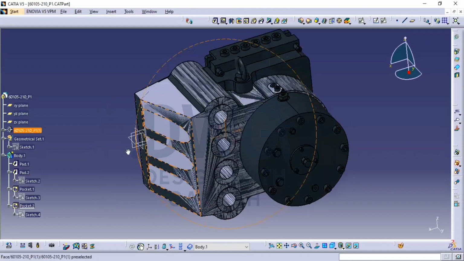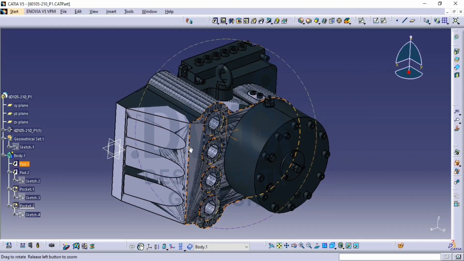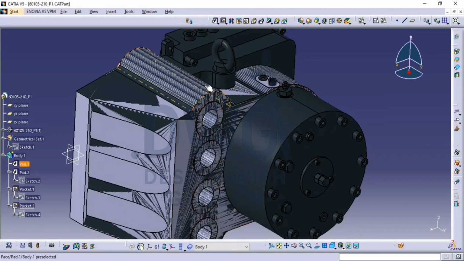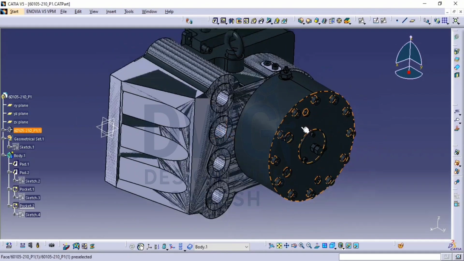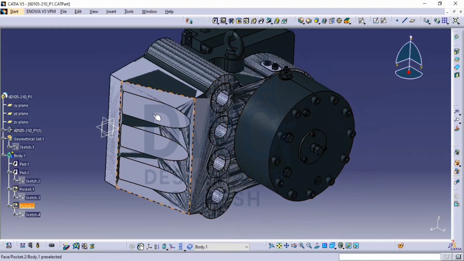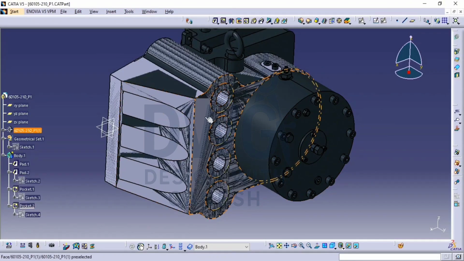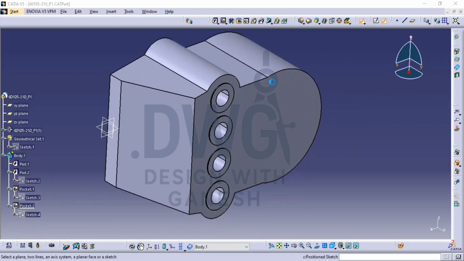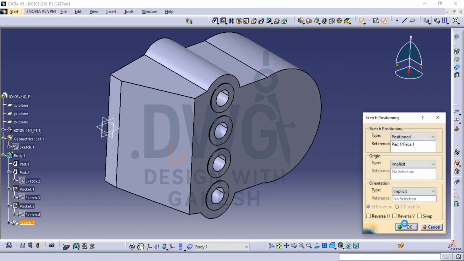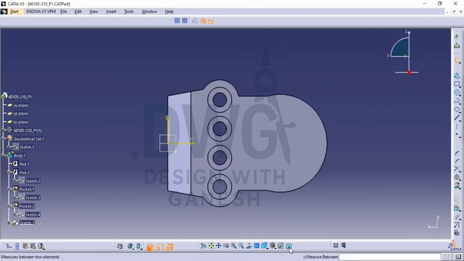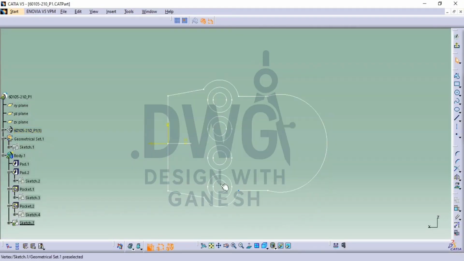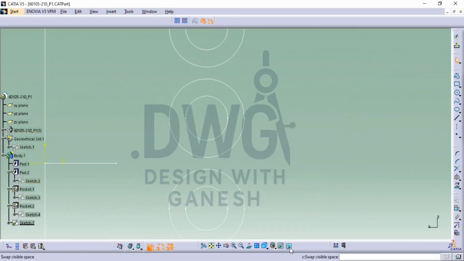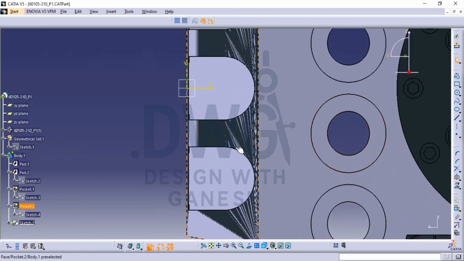So till the last video, we have completed up to here. In this video, we'll try to complete this. Right now, I want to make these cuts. For that, I'm using this plane. Before that, just hide this part and choose the position switch. Select this plane, click on OK. Now unhide the part that you have hidden. That's it. Clean it. Now on the edges of this,